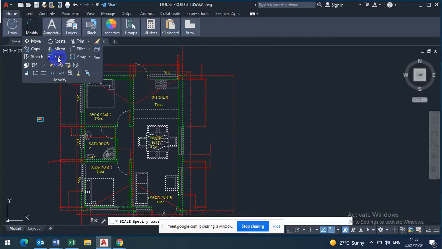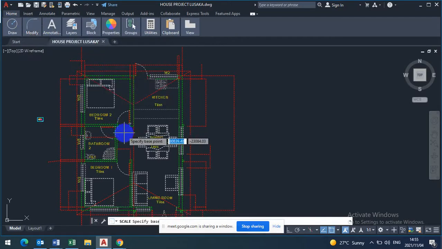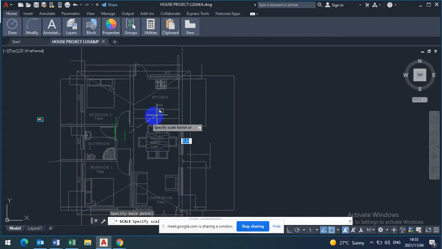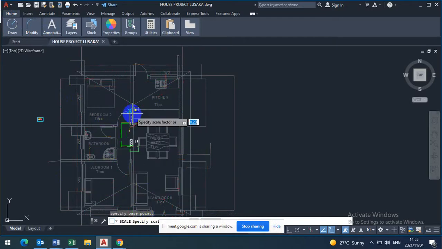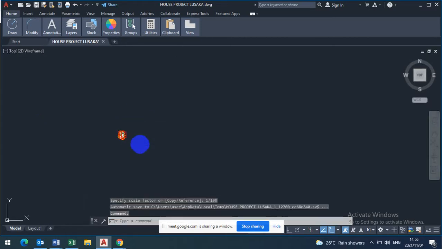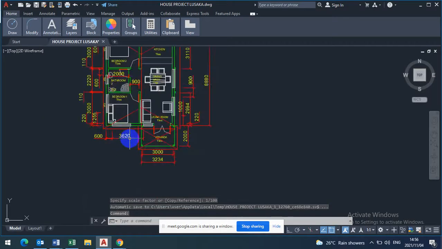You click on scale, then click anywhere on the screen, and it's going to ask for a scale factor, which is how much you are reducing it by. It's 1:100, it's 1/100. Then you press enter on your keyboard, and there is your drawing now on scale 1:100,